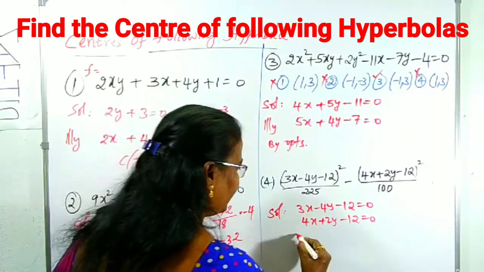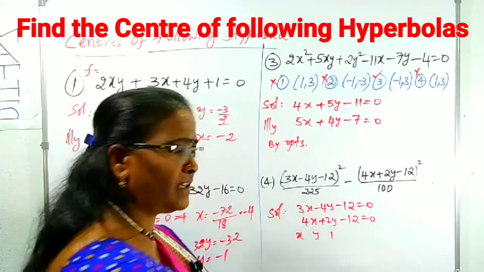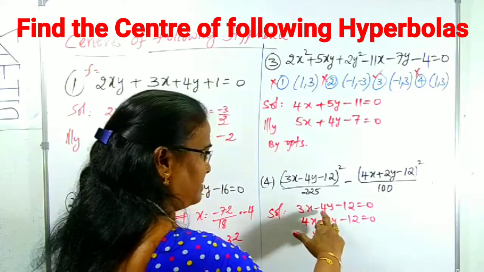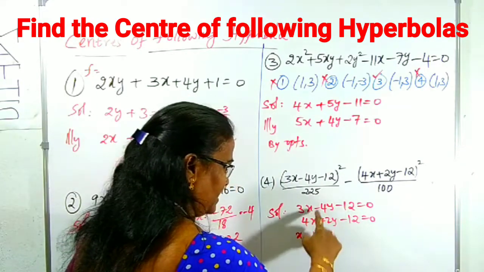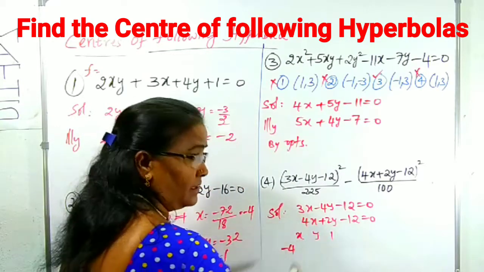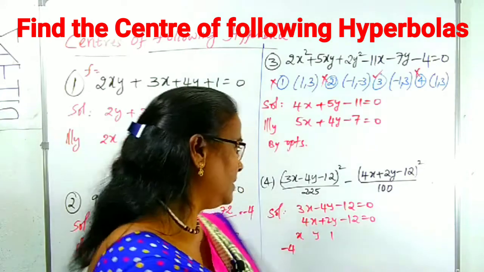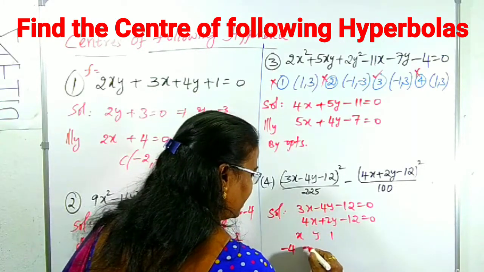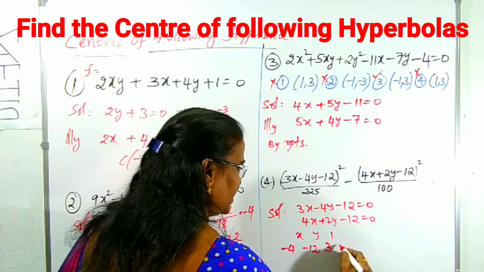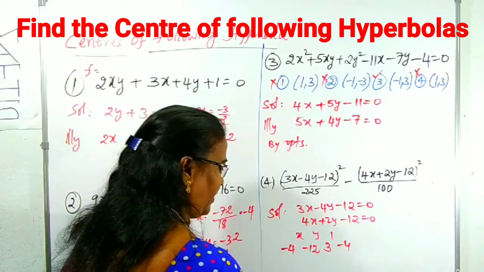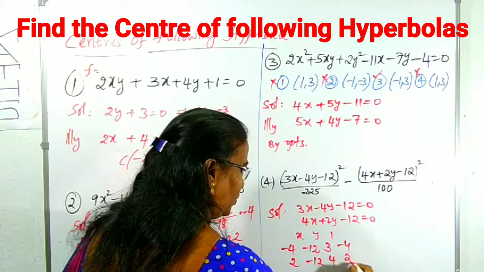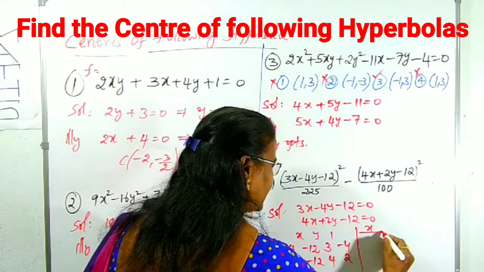So, we can use cross multiplication, which is better. Everyone knows about cross multiplication. How can you use it? We can start from the middle term coefficient onwards. That is the first equation, minus 4. If you don't know, please consider what I am doing. And the constant, then we can take the constant minus 12. Again x coefficient 3. Again come back to the y coefficient, minus 4. Same way, second equation: 2, minus 12, right? 4, again 2. So, we can collect x and y like this.